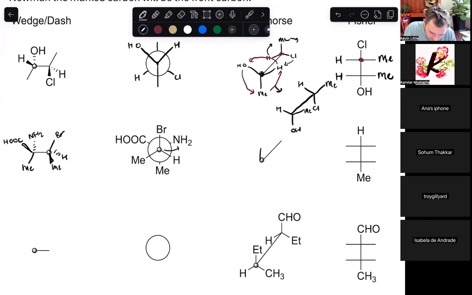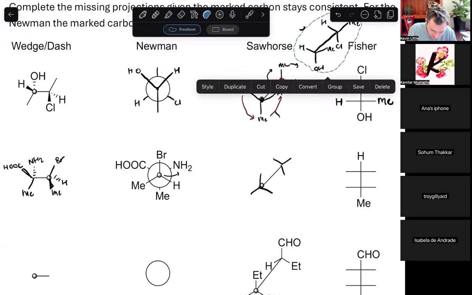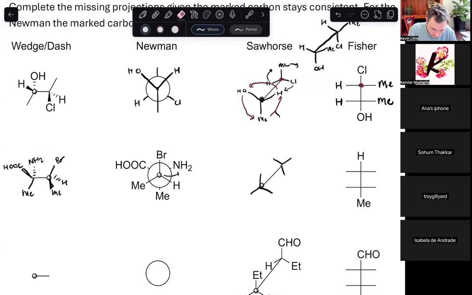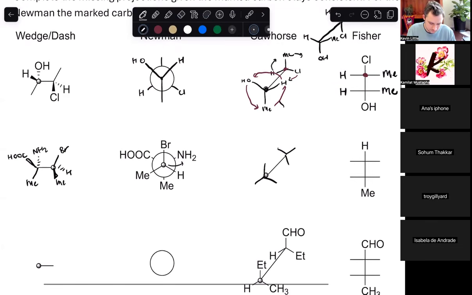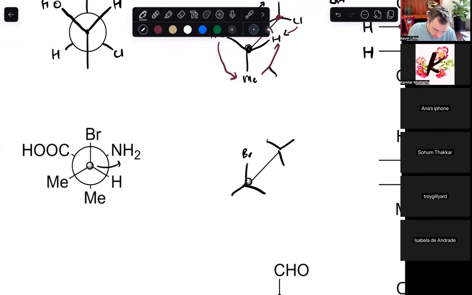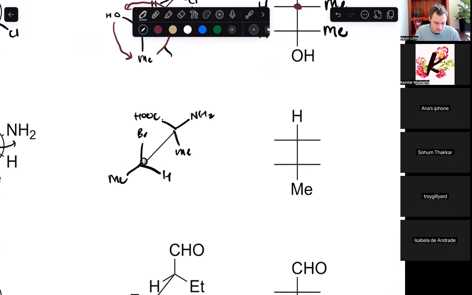The Newman should be, or the sawhorse should be pretty straightforward. Gonna run out of room. Maybe up there. So the sawhorse is pretty straight, just copying of the Newman projection. And then methyl is down. All right. So again,